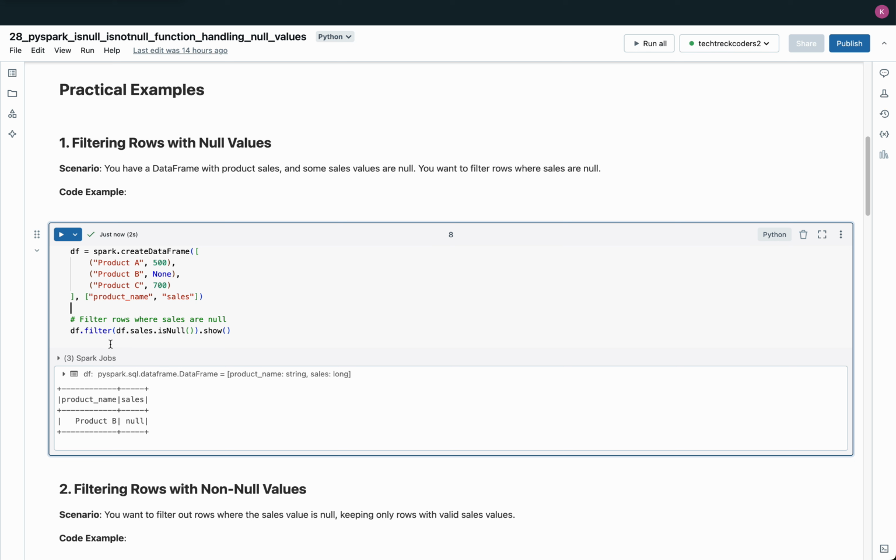When the filtered result is displayed using the show method, we see that only the row for product B is returned as it has a null value in the sales column. Product A and product C are excluded from the output because their sales values are not null. This example demonstrates how the isNull function helps in identifying rows with missing or incomplete data in a specific column,